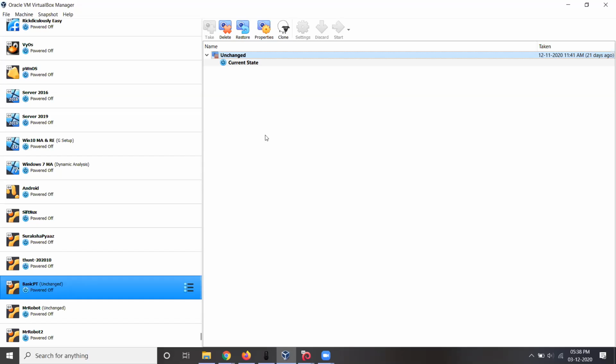Snapshots represent different states of a virtual machine. Let's say I have this snapshot. Every time I try to solve this CTF, I make some changes to the content of that CTF. So when I want to do it the next time, I have to restore it to this snapshot. Then it is again a fresh CTF, totally unchanged.